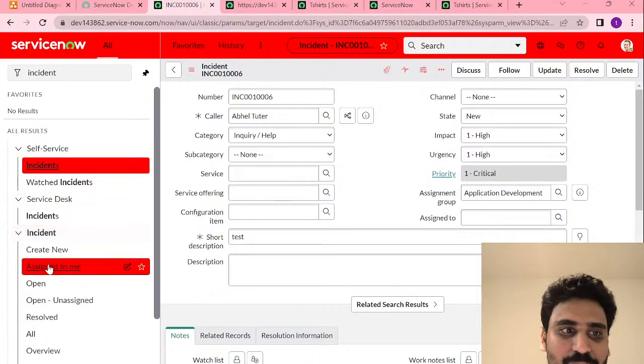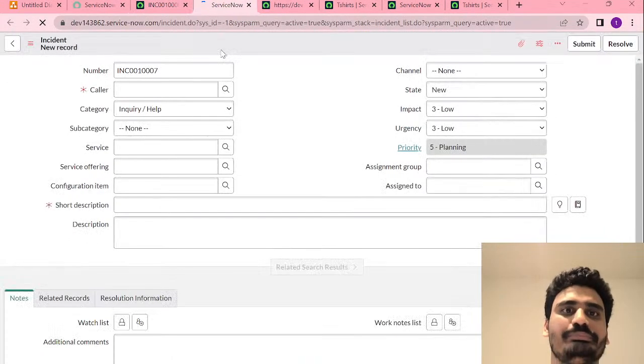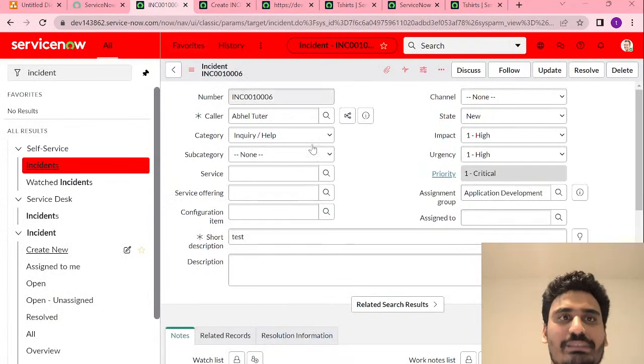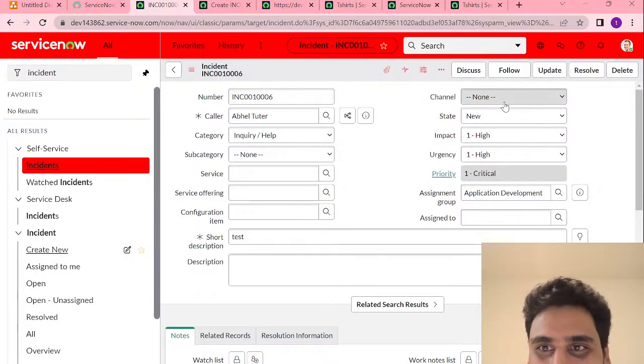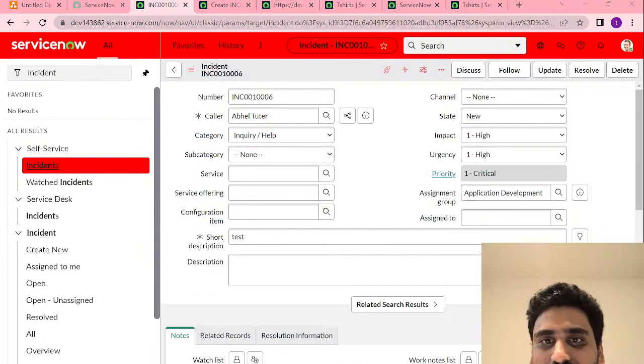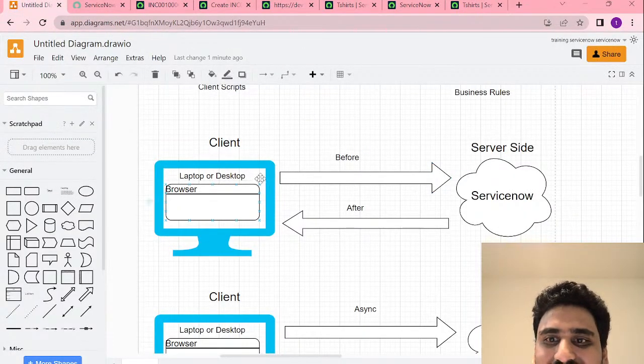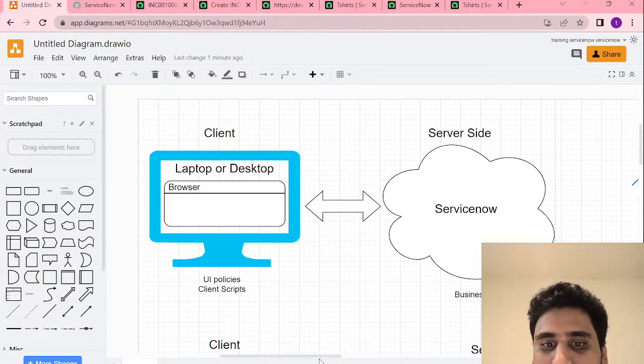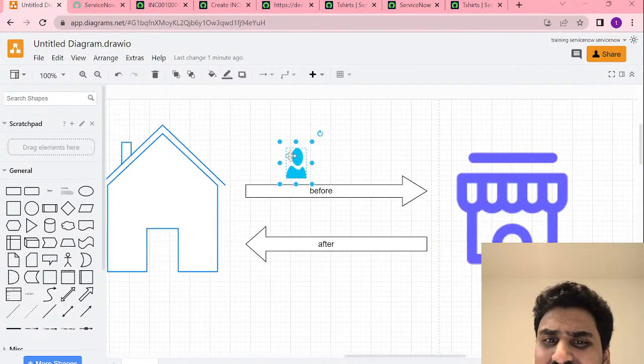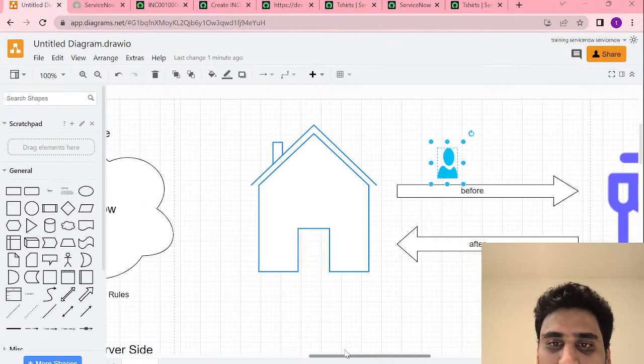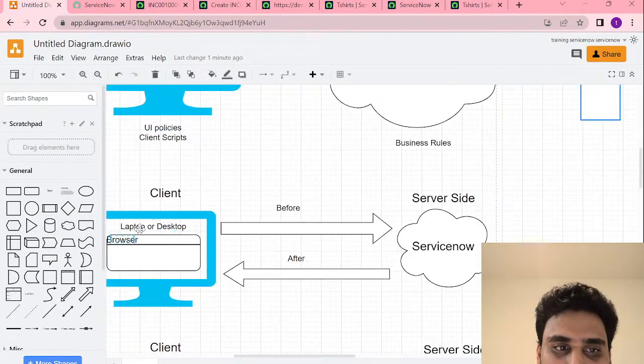As you are doing it on the incident form, go to any incident form. So in this case, you are updating the same form, right? In the example that I have given, as you are going to a grocery store, you can get all the details here itself, which means if you are updating the same form, always use a before business rule, because before going to the server, get all that particular record updated, and then